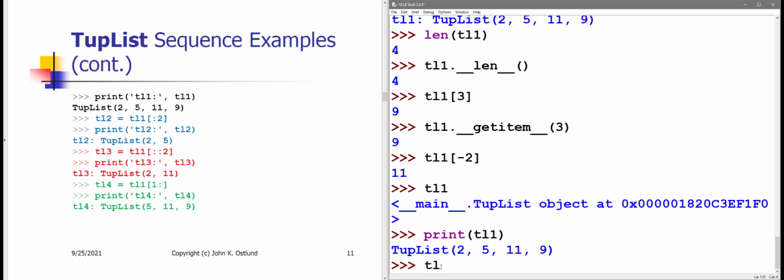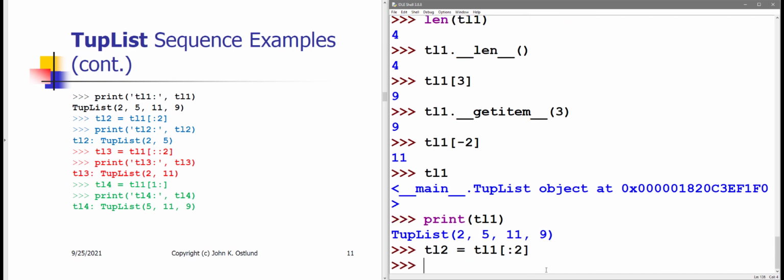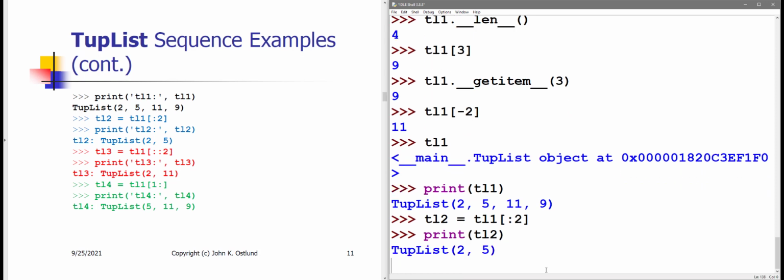And if I ask for a slice from 0 up to but not including 2, item sub 0 up to but not including item sub 2, I'm passing a slice to TL1, and consequently I'm going to get back a probably shorter tuplist as the result. I ought to get item sub 0 and item sub 1, but not item sub 2. And indeed, if I print TL2, that's exactly what I got. I got the 2 and the 5, item sub 0 and item sub 1,